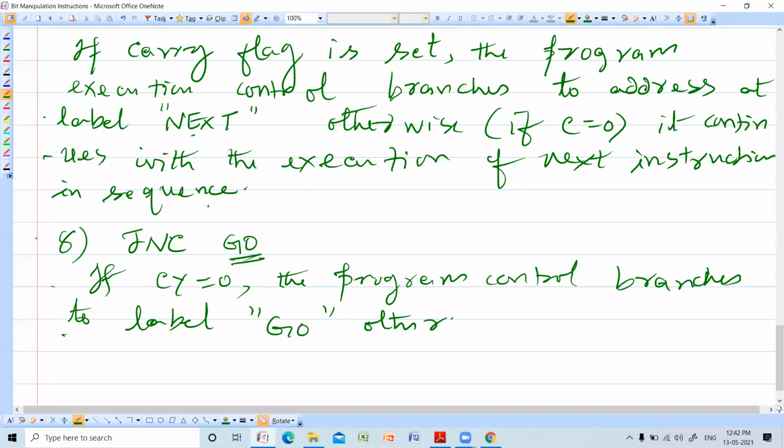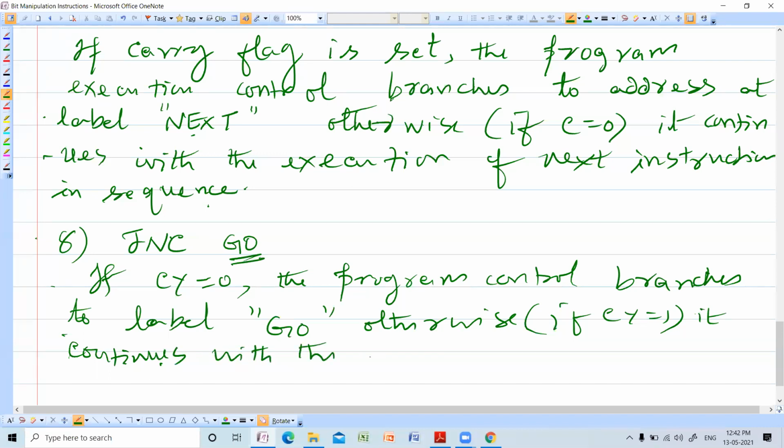Otherwise, that is, if CY is equal to 1, it continues with the execution of the next instruction in sequence.